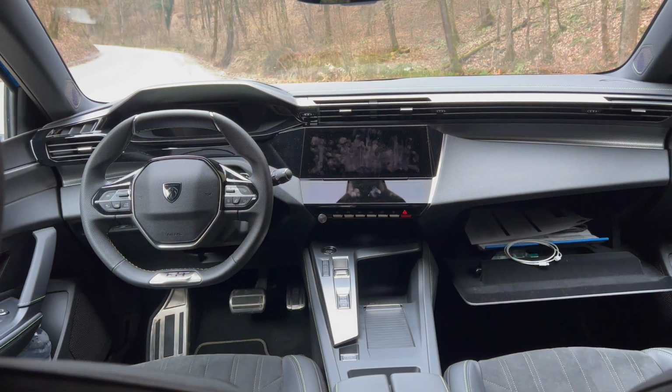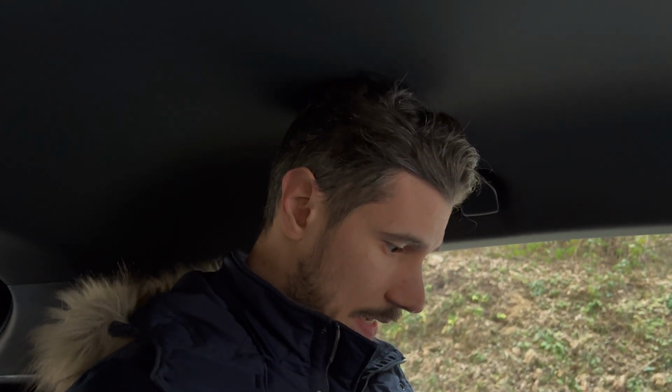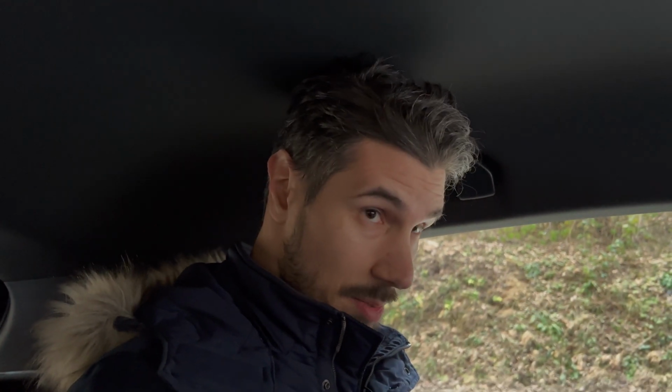Okay, here's the front look, and not to forget, if I remove my hat, you can see that I'm a 2 meter tall person, and it's kind of shortly sloping down. So for me, if I would want to straighten up my back and my head, it's impossible. So for an average person, I would say up to 180 or lower, you would be okay. But if you're a taller person, maybe 185 or 190, it's starting to be a struggle on the back regarding